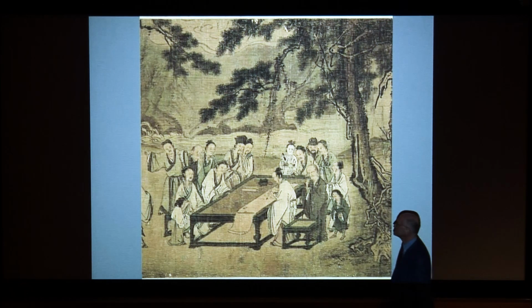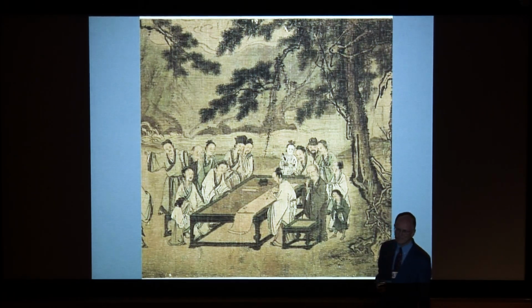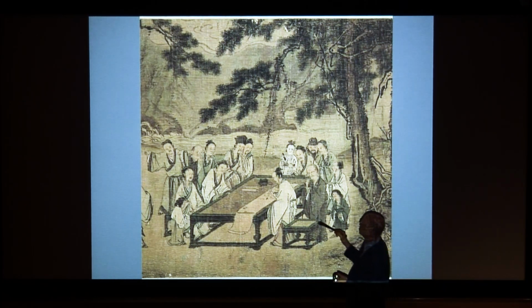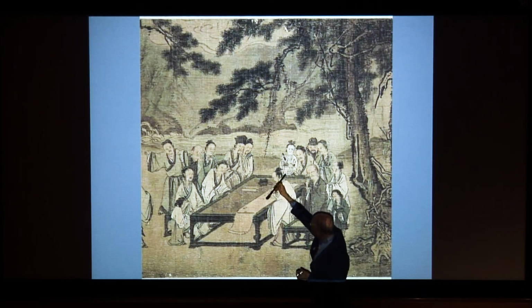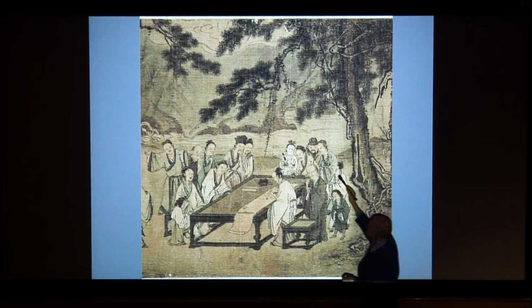lives of upper-class, educated people like these gentlemen whom you see gathered in a garden from a Song Dynasty painting of the 12th century. What do you do at a garden party? Well, you drink wine, of course, but you also watch someone write. The focus of the painting is this gentleman, and he's using a writing brush like this one to write a scroll. Maybe he's composing a poem on the spot on the occasion of this garden party, while everybody